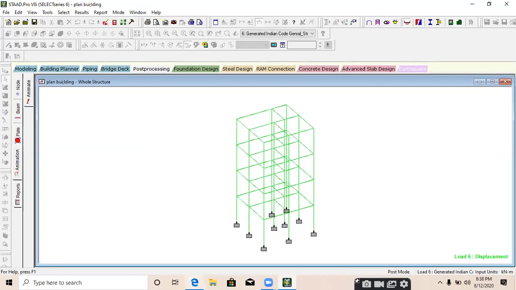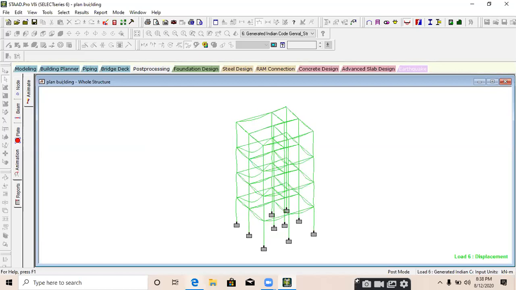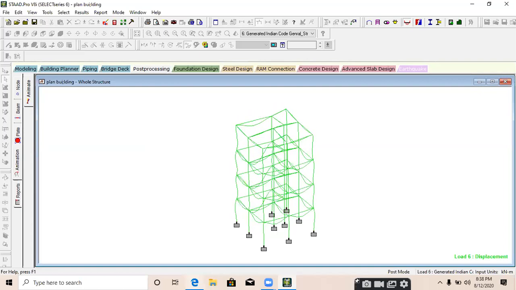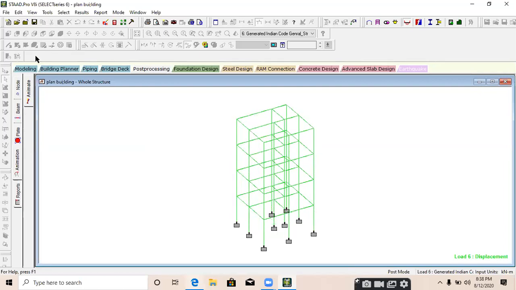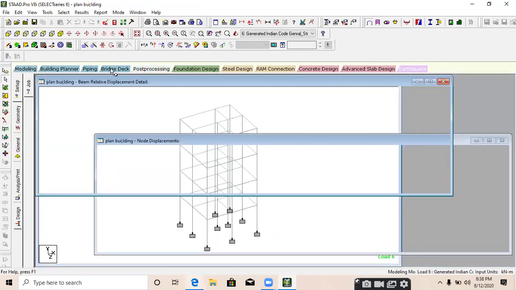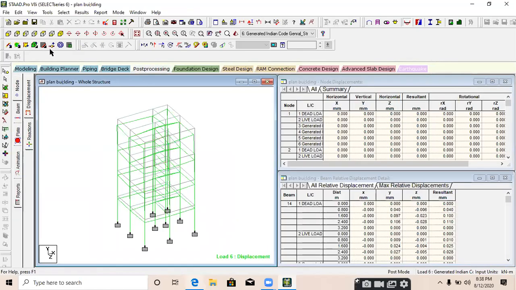In a thin shell element, the value of bending moment and shear force will be minimum. How do we do that in STAAD? We can create a shell element also with the help of a surface. Just create a surface element. It will show you all the results. There is a plate and surface option. But STAAD is not that effective for plate and shell elements. SAP is better.